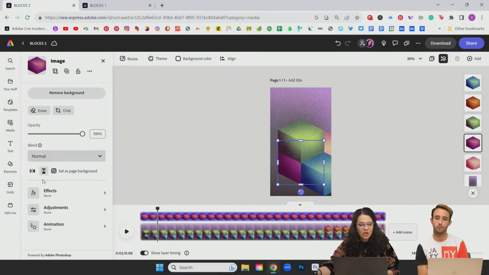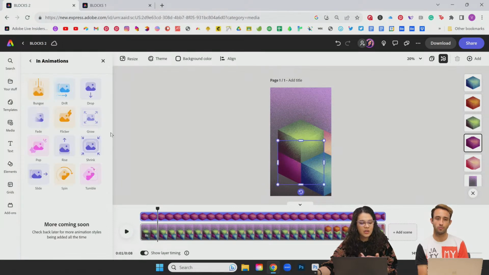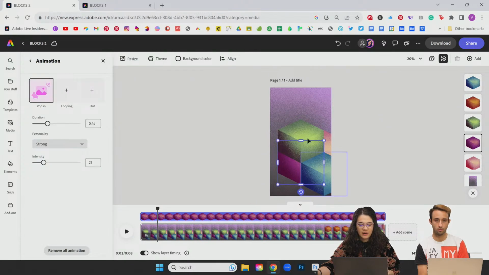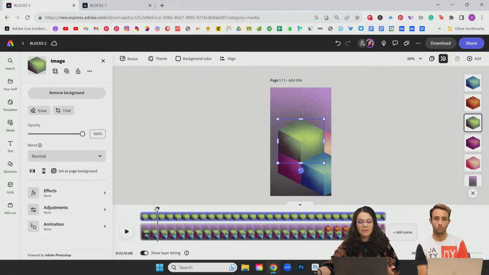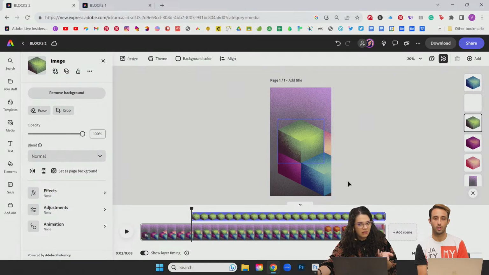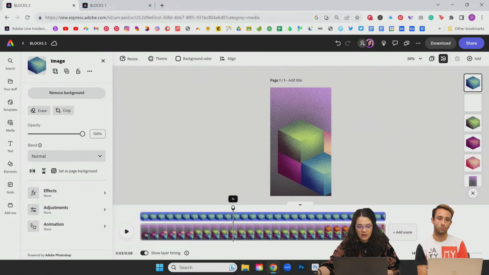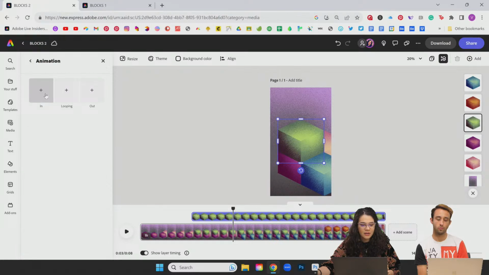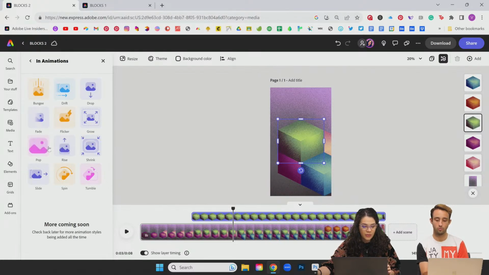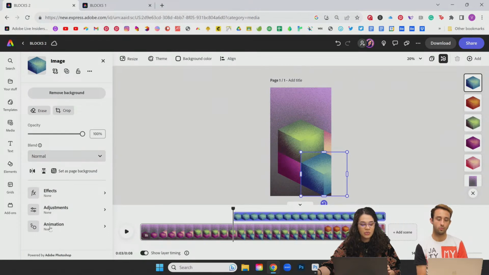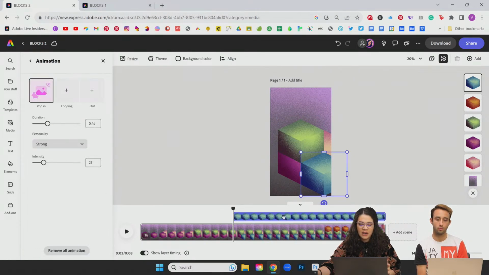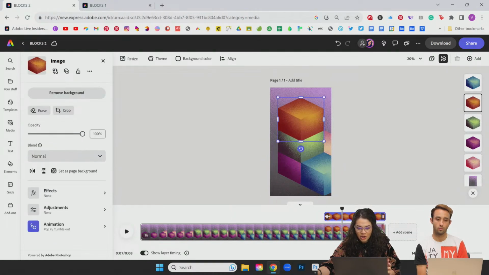Yeah. And then I was like, I'm not the kind of person that's going to jump into After Effects. I've done it before. It's not a favorite of mine because I'm more illustration minded, and when I get into After Effects, it's just not for me. I've dabbled in there a little bit, but this has been a really cool thing because I can be a little more intricate. So I think it's really up to you how intricate you want to be. I'm sure there are some things that you won't be able to do, just because it's not